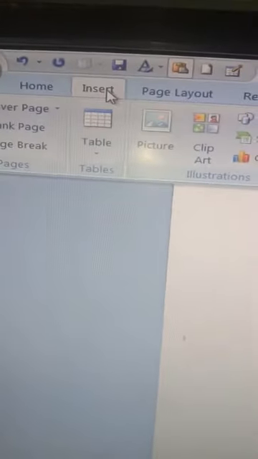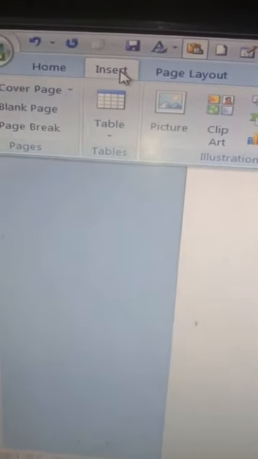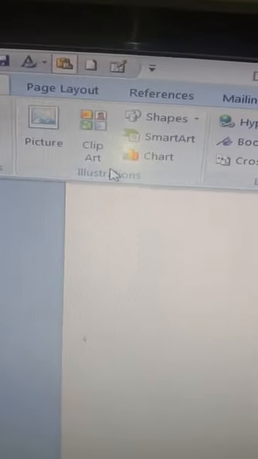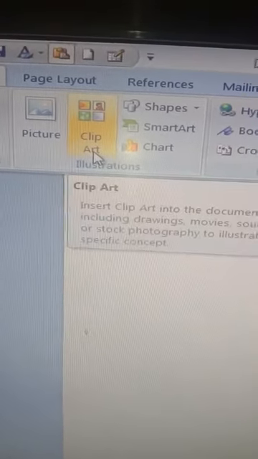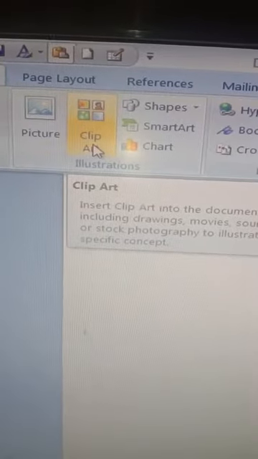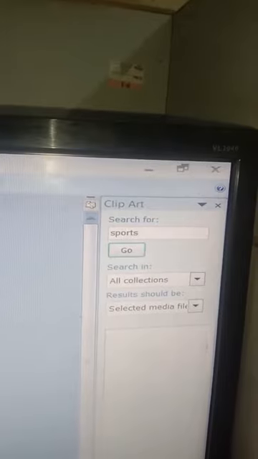So in order to insert the clip art, first of all move to the illustration group. Go to the insert menu, and from the insert go to the insert tab. Click on the insert tab. Look over here, I have clicked on the insert tab, and in the insert tab I am going to go to the illustration group. In the illustration group there is an option of clip art. So as soon as I click on the clip art, look over here, a window of clip art has appeared.